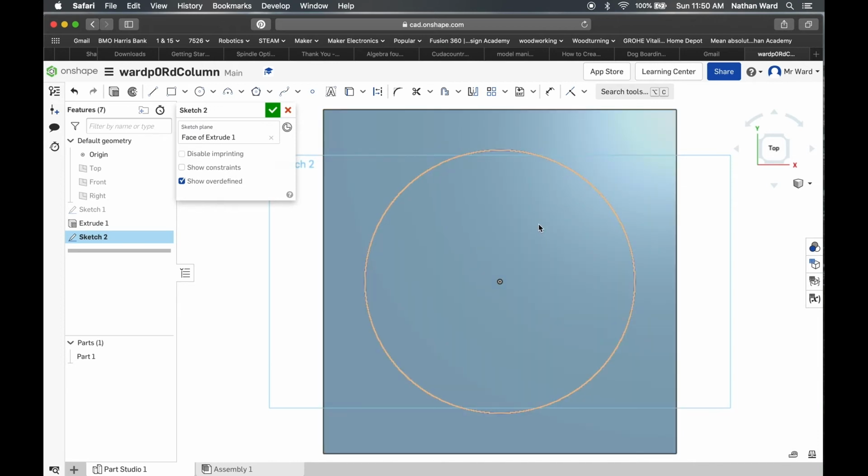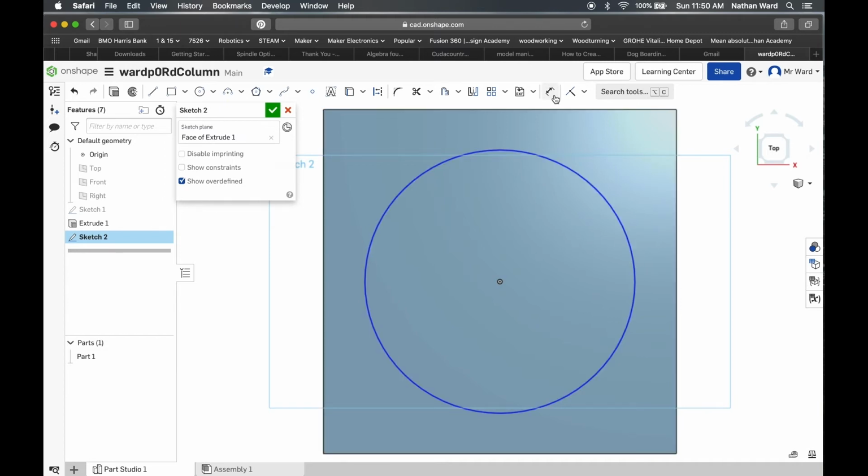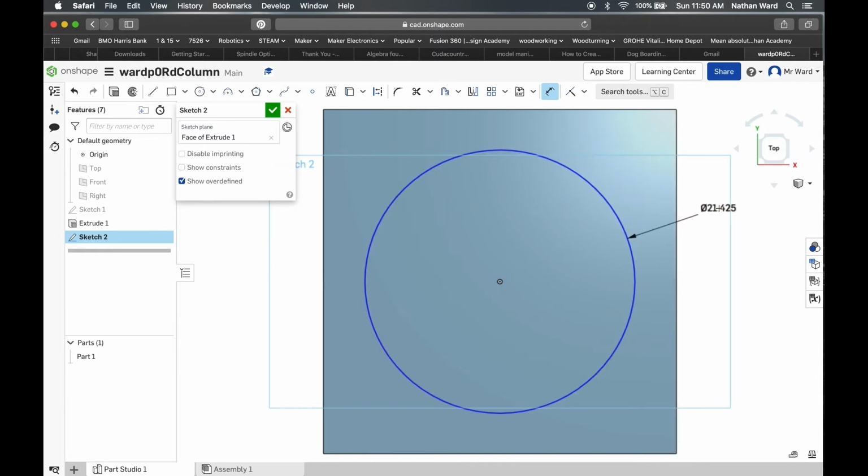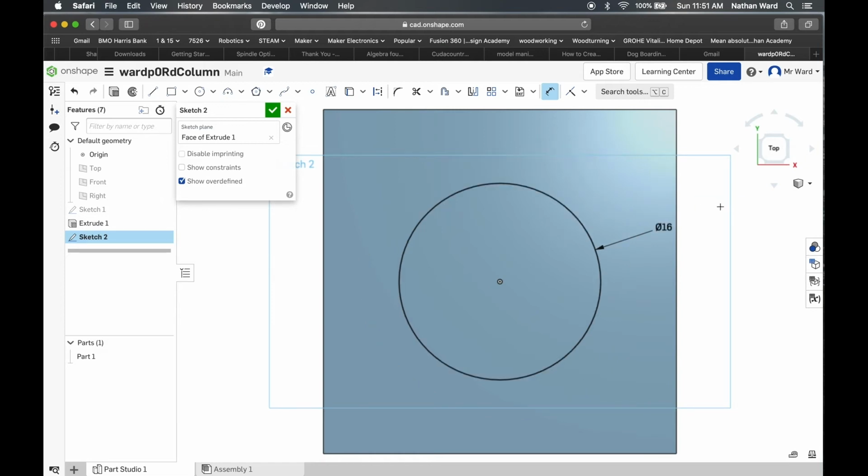It doesn't move off the center point, but it doesn't have a dimension. So let's add a dimension. Once I have the dimension tool clicked, all I have to do is click somewhere on the outside of the circle and drag away. And I can see the diameter symbol, which is that zero with the line through it. If I click again, I can type in my dimension. So the dimension for this circle is going to be 16. I'm going to hit the return key, and now I can see that my circle is black and it's 16